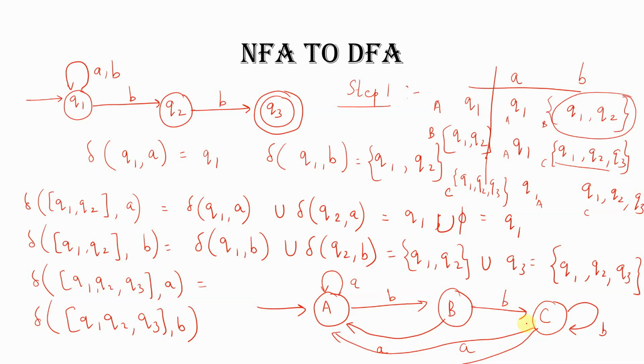Right? If you see this diagram, that is the final diagram, we check whether this is a DFA or not. If you consider state A, on A there is a unique move to A, and on B there is a unique move to B. From B, if you see A, it goes only to A, and on B it goes to C. From C, if you see A, it goes to A, and on B it goes to C. So this is how you convert any given non-deterministic finite automata to a deterministic finite automata. In the next lecture, we are going to study how the ENFA to DFA procedure is carried out. Okay, thank you.